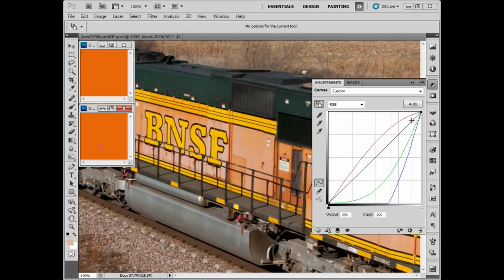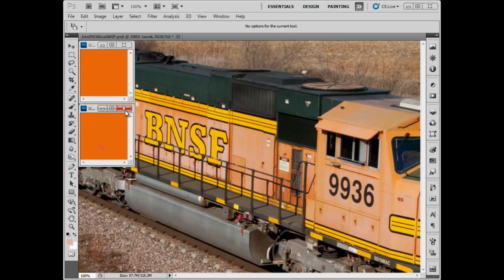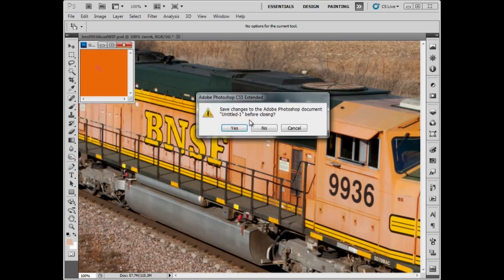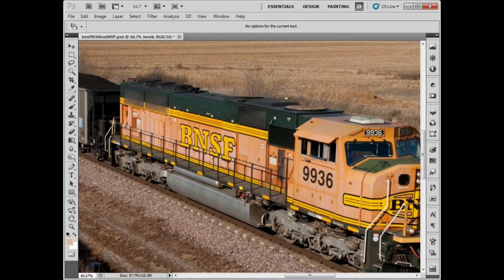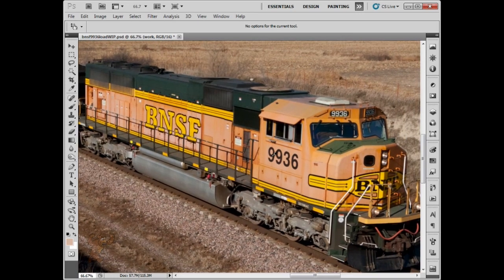What we did was we made the red just a little bit brighter. The red really wasn't too much of a problem. We made the green quite a bit darker, and we made the blue just a ridiculous amount darker. So this set of curves here, red, green, and blue, kind of hints at a solution to the problem of the faded paint. And you know, this is going to be another long video, but just bear with me. I want to show you something. Let's go ahead and close these two colors here, and let's Control minus so we can see more of the locomotive. Having just looked at those two colors and their constituent components, let's now go